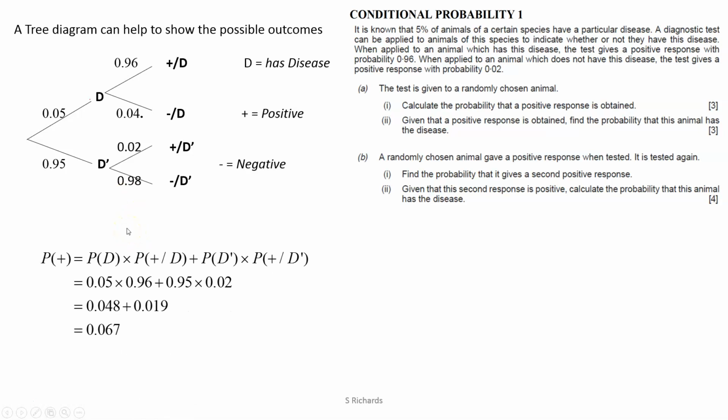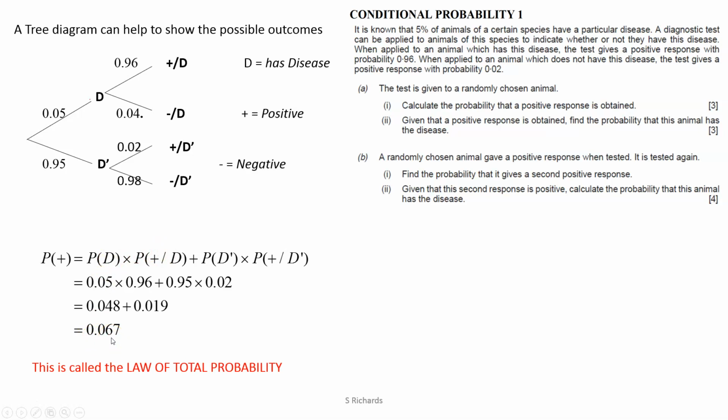We're going to apply what we call the law of total probability. Again, the terminology is not essential, but the concept is very simple. For a positive result, we can obtain a positive given diseased, or a positive given not diseased. The multiplication of diseased and a positive given diseased gives the probability of a diseased and a positive result. Similarly, not diseased and positive, 0.95 multiplied by 0.02. And since these events are mutually exclusive, we can add these probabilities together to give our total probability of